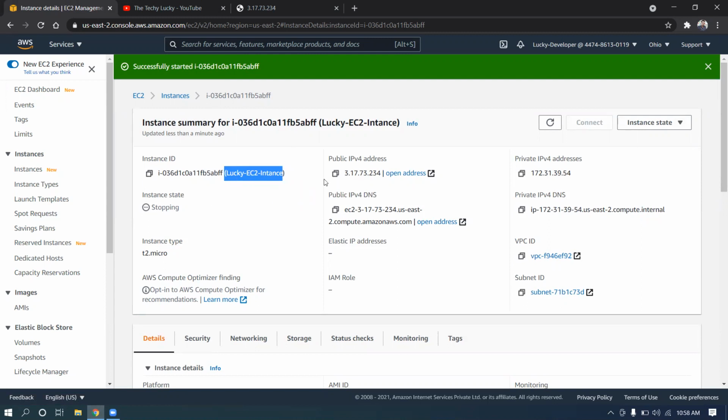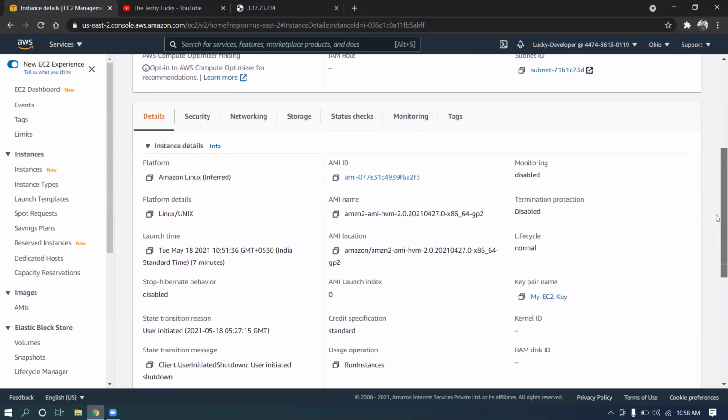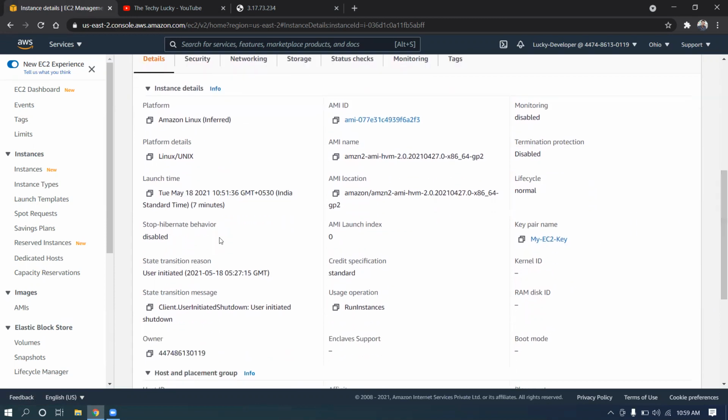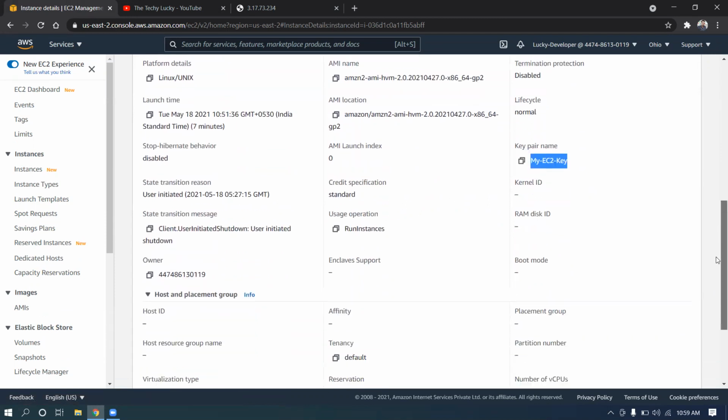This is the public IP address which is supposed to change, and you will be able to see it change after some time. And this is the private IP address. If you come down, this is the basic detail of which Linux instance I used to create this AMI, and you can see it's a Linux environment. You can also see which key pair I have taken. This key pair is going to help you connect to your EC2 instance, which I'm also going to show you in the future.